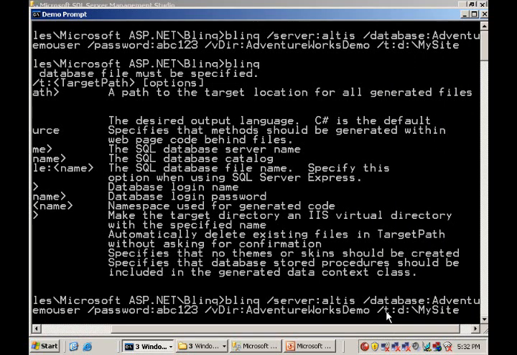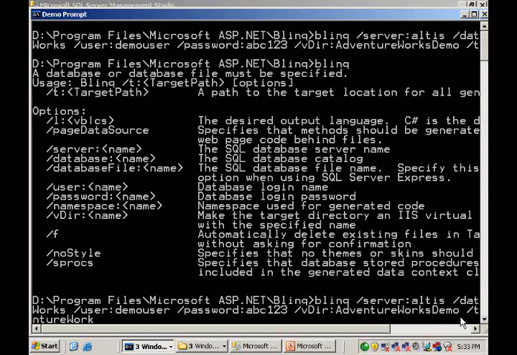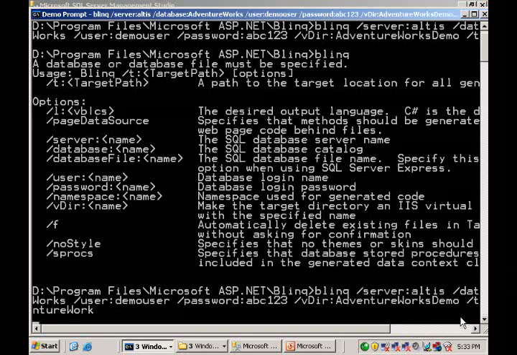So you have to have IIS installed, I guess, right? Yes, that's correct. And this is where the virtual directory is going to be, my site. Let me just put it to AdventureWorks, for example. I gotcha. The moment I press enter, it's going to look at the AdventureWorks database, look at all the tables that it has, generate all the D-Link stuff that you saw earlier, and then create the web forms which make use of the stuff, and presto, you have your web app up and running. So when I press enter,